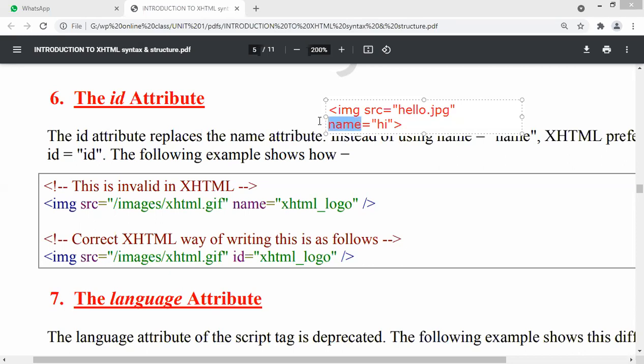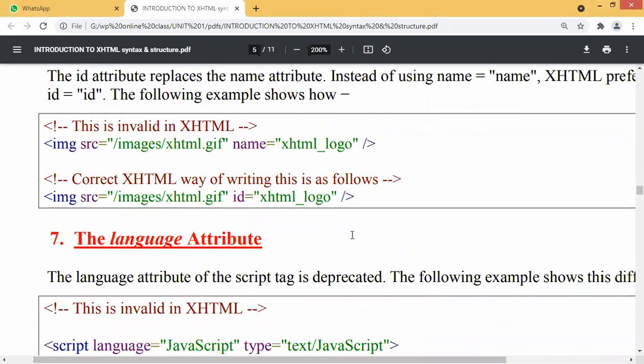This name attribute is used in HTML, but in XHTML it is replaced by the ID attribute. We do not use a name attribute here. We use the ID attribute. For example, image source is equals to the name of the file, and ID. We do not take a name attribute, we take the ID attribute. That is the difference, right?